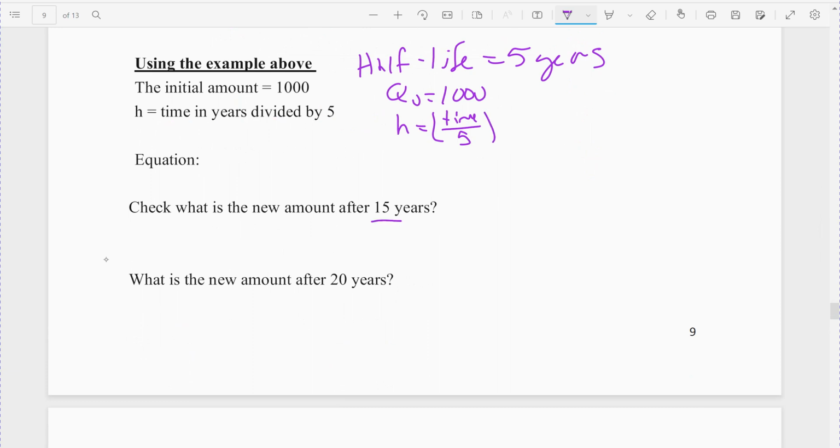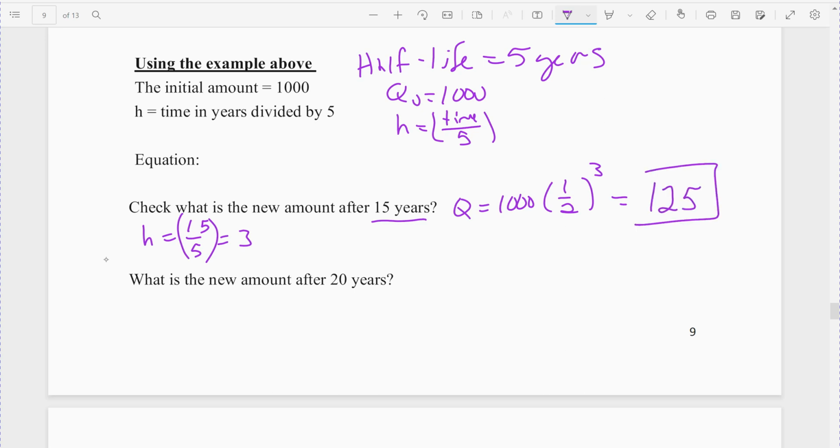So again, check the answer that we got earlier for 15 years. So h would be 15 divided by 5. So again, 3. It divided in half 3 times. 3 times we cut it in half. So our quantity equals 1,000 times 1/2 raised to the 3, or again, if you wanted to, you could do 15 over 5 instead of 3. It should give you the same thing that we found earlier, which is there's 125 of whatever it is left,